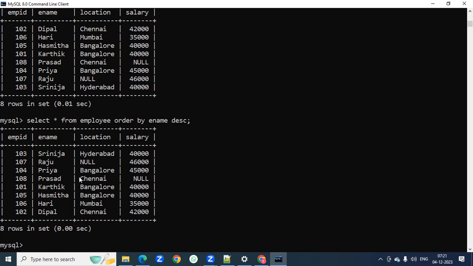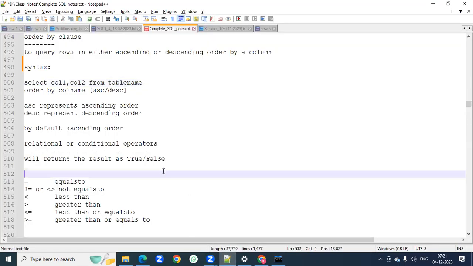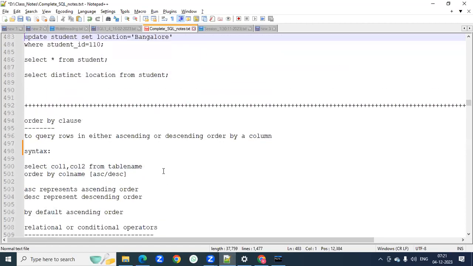So for arranging the data in sorted way, either in ascending order or in descending order, we are using this order by clause. That is order by clause, to get the data arranged either in ascending order or descending order. And next we have here